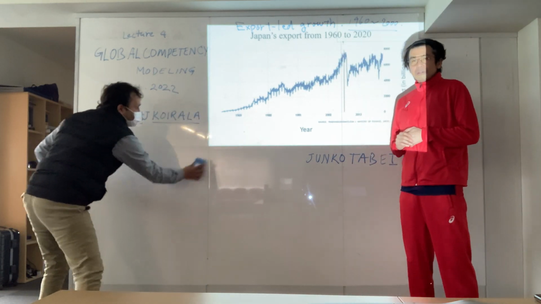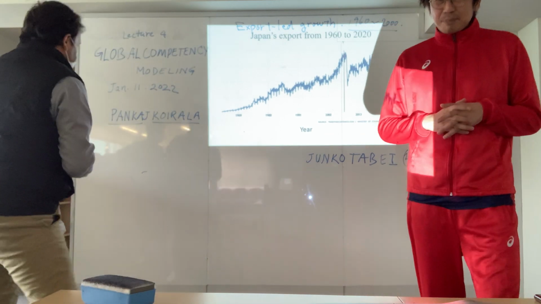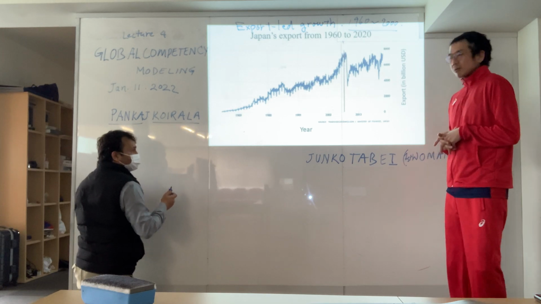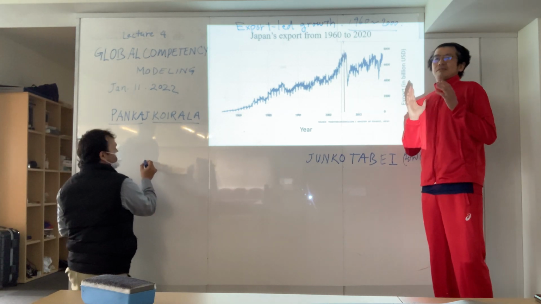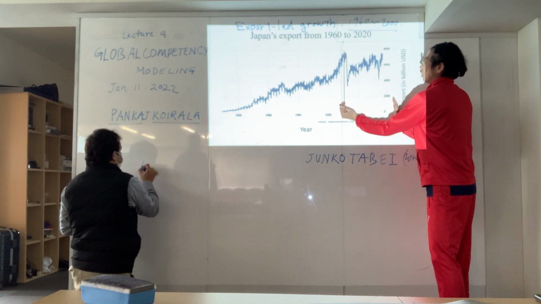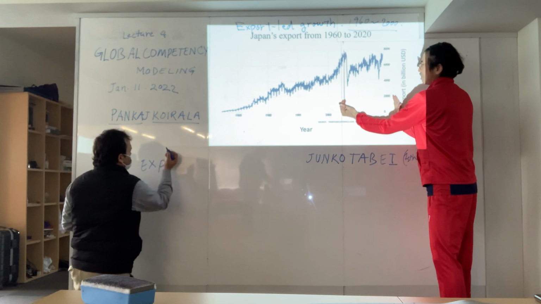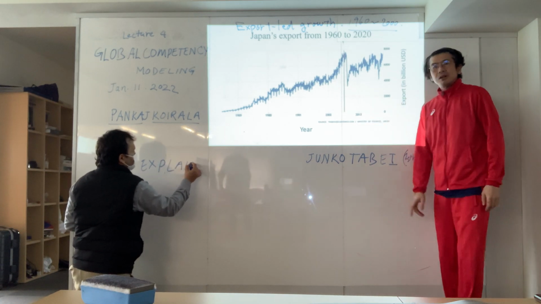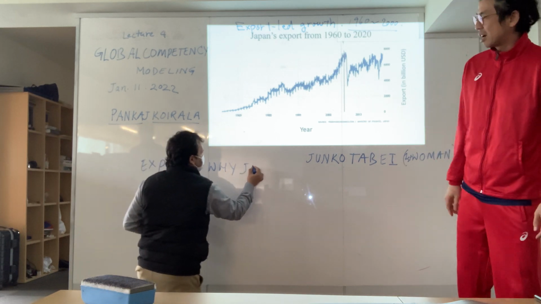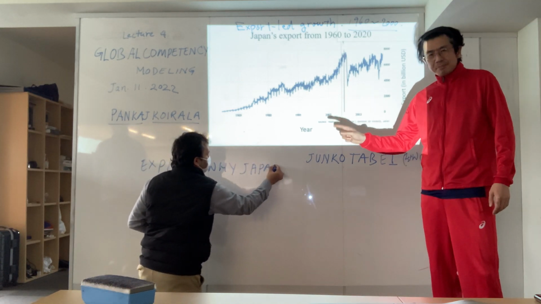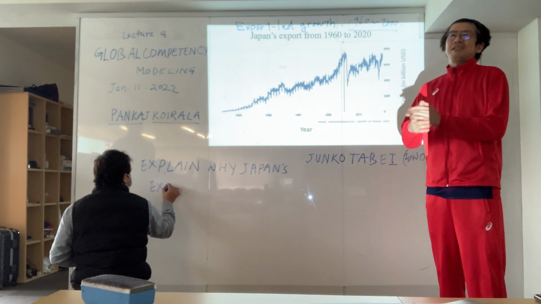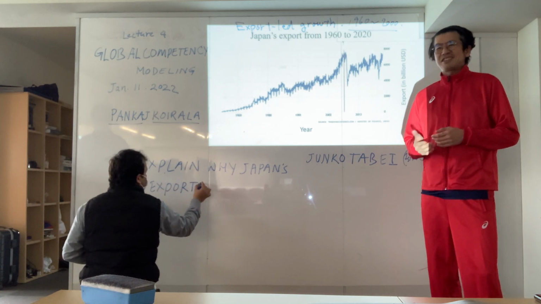So today's last 30 minutes report assignment is: please write and explain why Japanese exports got stagnated over the last 20 years. Write down as much as you can about the reasons behind it. Hints were already given by Pankaj and Moiner. However, you are Japanese. You should be able to argue more than what they argue.